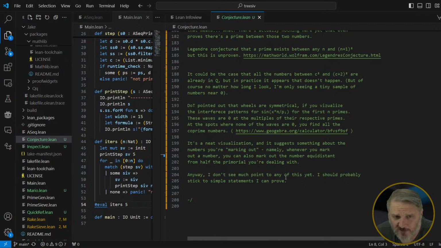And there is a proof that if you have such a line, an arithmetic sequence, and the constant term and the delta are co-prime, which all of these are by definition, by construction, then each one of those lines will have an infinite number of primes on them. But there's no guarantee that they